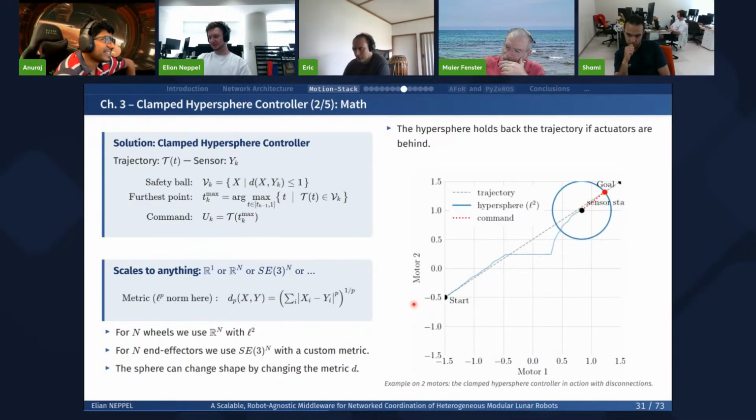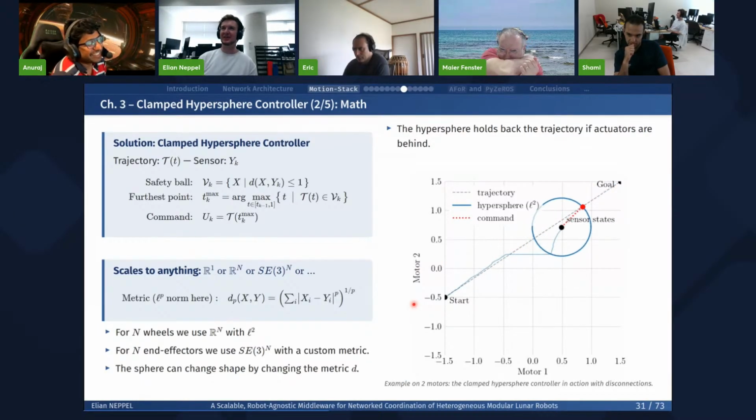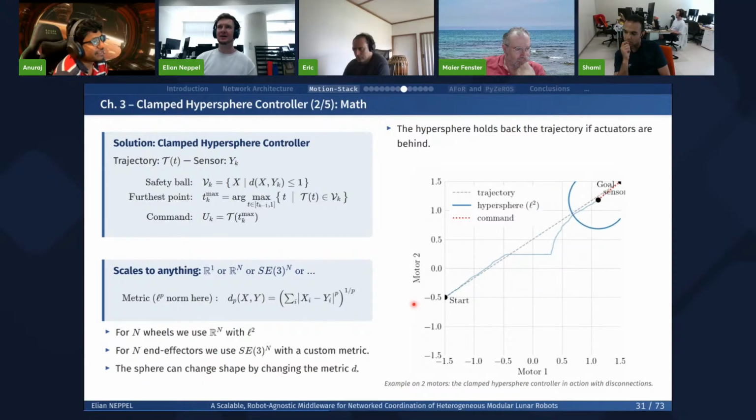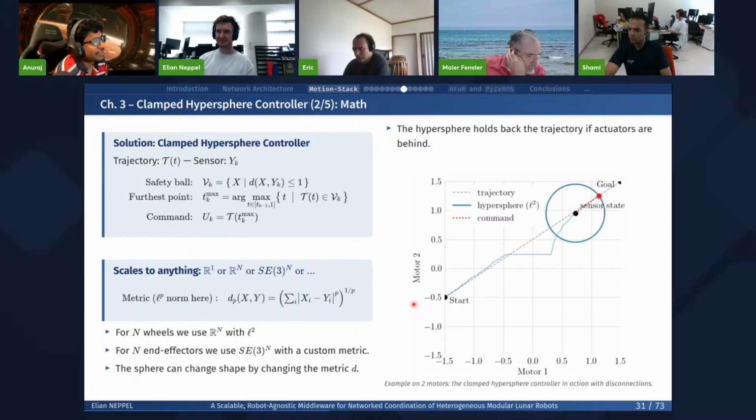Yeah, that's a very, very good question that is not in the slides. And indeed, if there is no intersection between the hypersphere and the trajectory, you have no solution for the controller. And in this case, you have multiple ways to recover the trajectory. In the entire thesis, I detail each of the different methods to recover in this case.